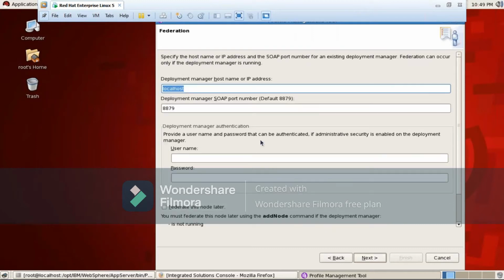Now you saw it was asking with which DMGR you want to federate, right? While creating itself, it was asking.